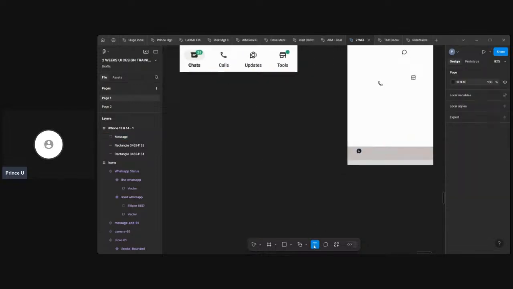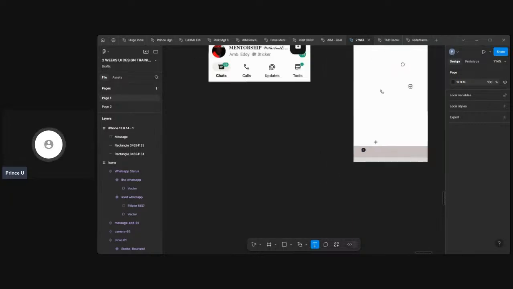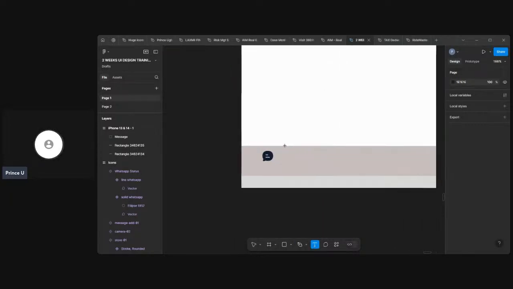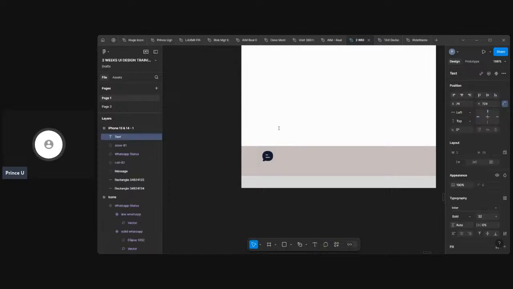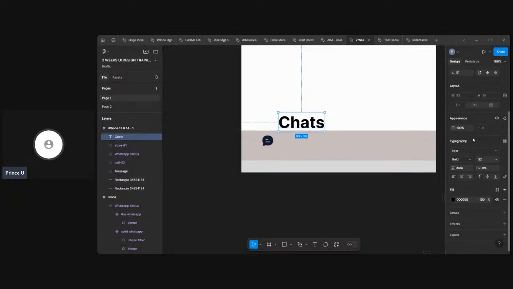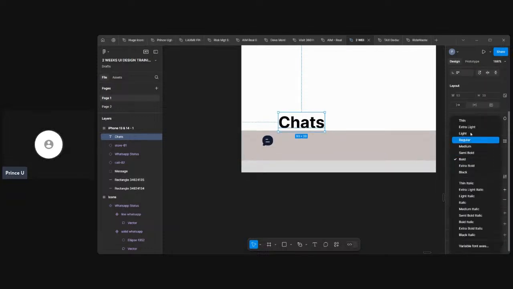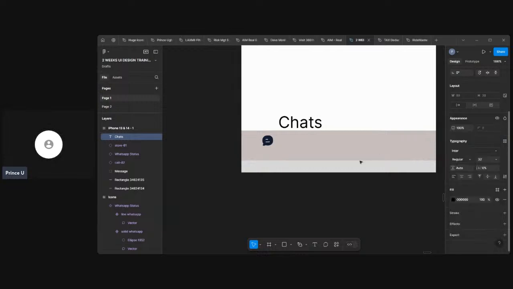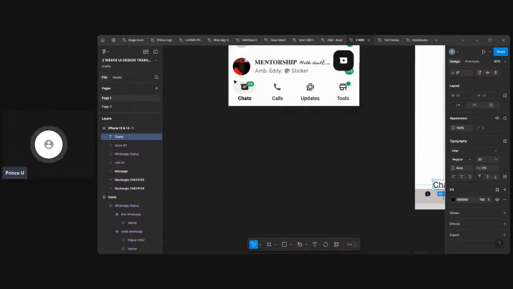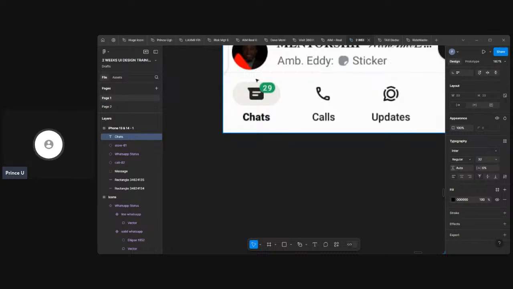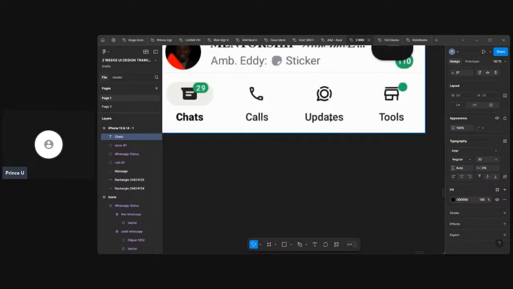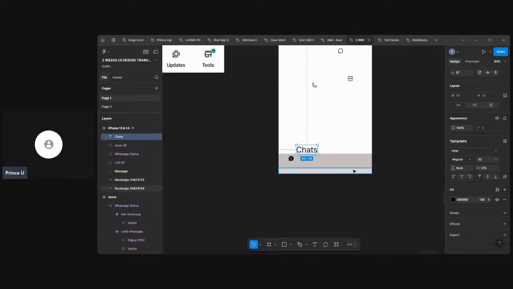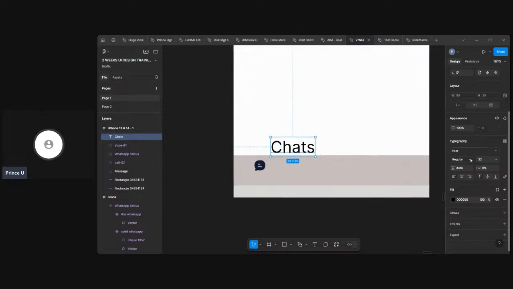So the next thing I have to do is get my chat text by clicking my text tool. For your navigation bar, always use font 12. So if I type CHAT, it's bold currently. We are working with Inter for our typography. So I will change this to normal, which is regular. Let me even find out something. Notice that the chat is bold because it's selected. Calls is normal, updates is normal. So I'll make the chat bold also. But before I do that, I've made it regular for now. I'll change this to font 12. Don't use more than font 12